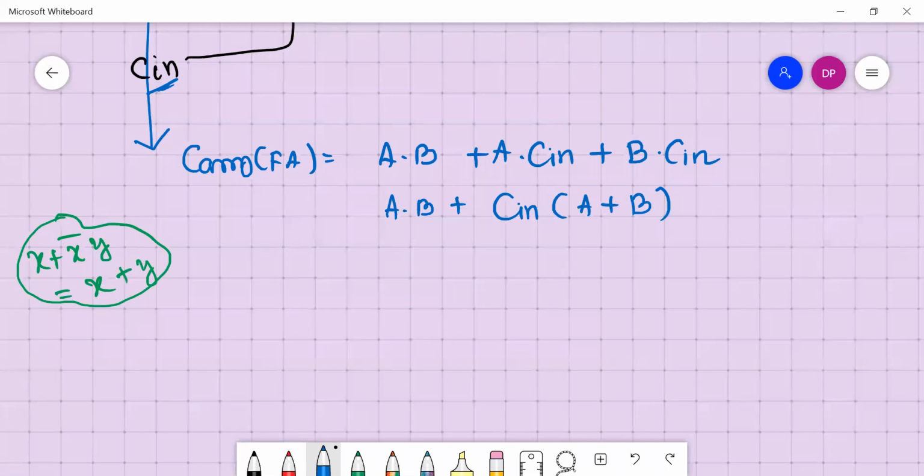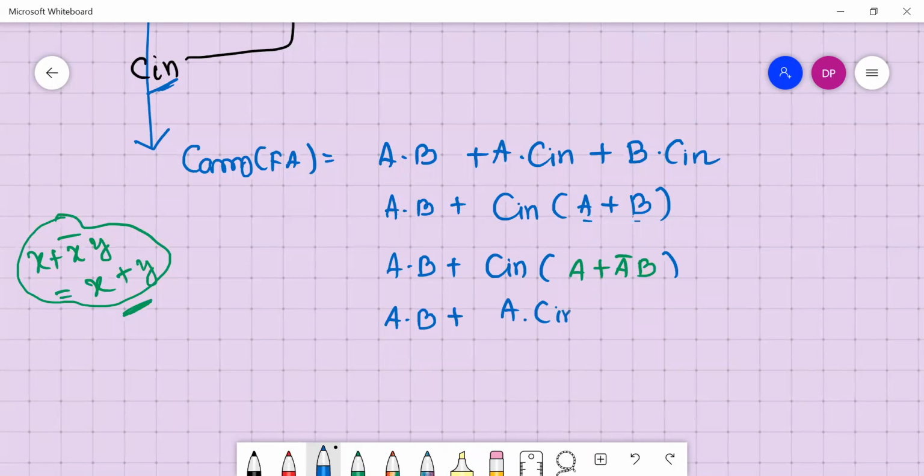So a plus b, I can write it as a plus a complement b using this rule. So what I will get is a AND with b plus a AND with c in, plus a complement b c in.